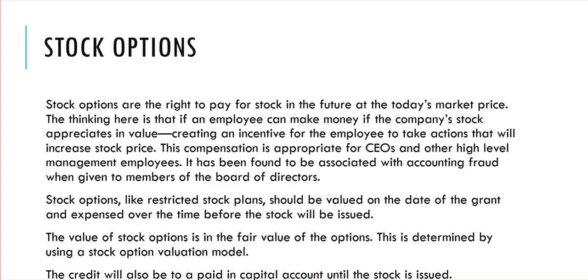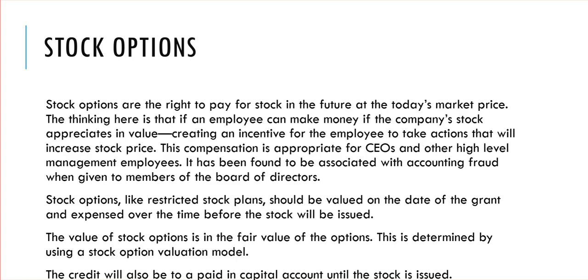Going back to an example, if today's value of stock is, say, $15, if the executive does a really good job, we would expect stock price to increase. So if you tell them, I'll let you buy that stock in 4 years at $15, well, in 4 years, the price might be $25. So they could take the option instead of paying $25, which is the market price in 4 years from the date. They're going to only pay the option value. So they get a bonus. They get like a discount on their stock purchase.